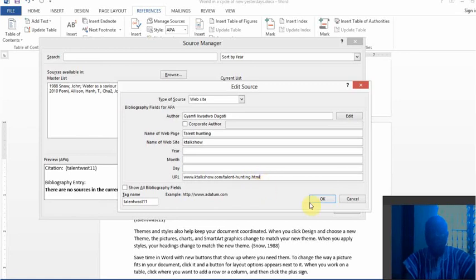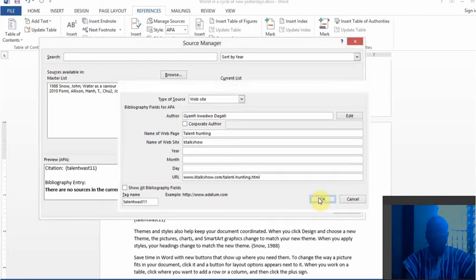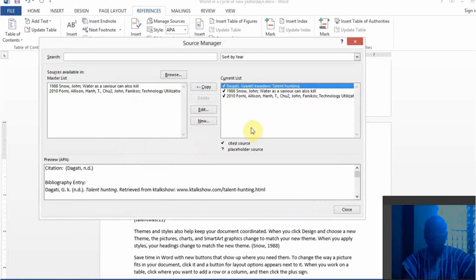So now you say okay. All right, so we are now going to see that the tag that was there as a placeholder has been replaced with the appropriate information now. So you can now, if we go to where the placeholder is,